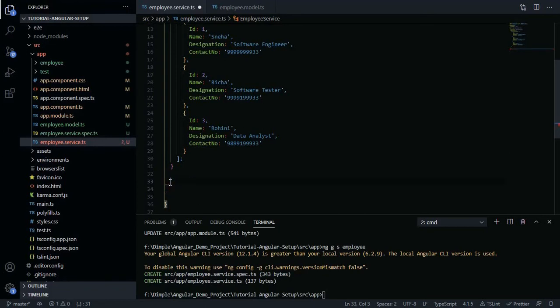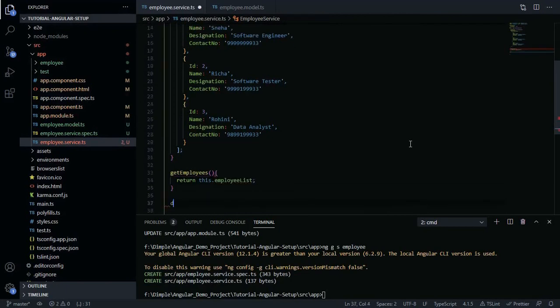Now we'll define getEmployees, and then we'll return this.employeeList. Now we'll create another method, deleteEmployee.